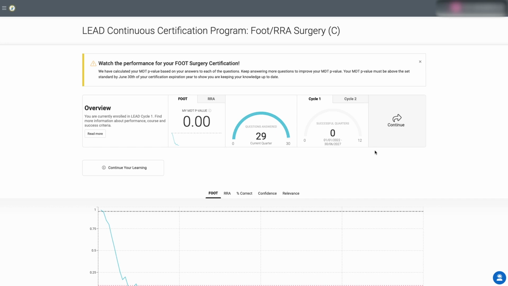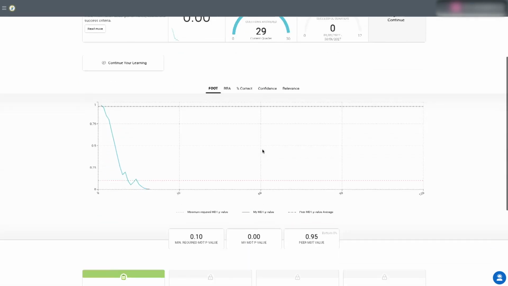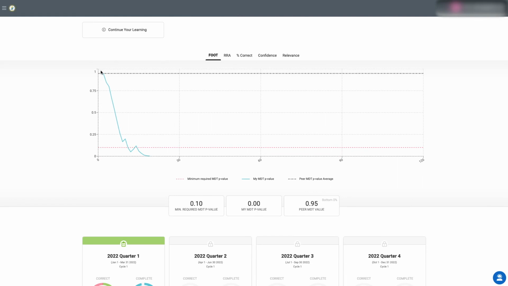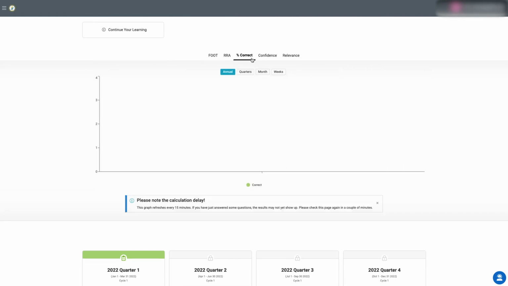At this point, I'm at question 29 in my current quarter. I'm not doing well. My score is actually at almost 0. And I can always look at the development of my score over time, over the last 120 questions. I can look at the distribution of my correctness values, my confidence and relevance values, broken down by different time intervals, and then basically decide to go back into question mode to improve my score